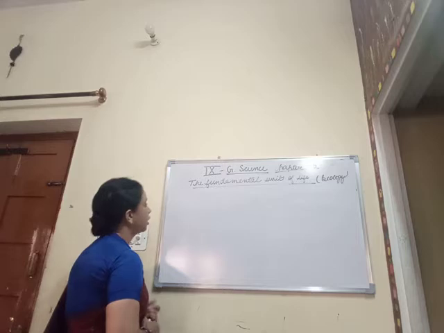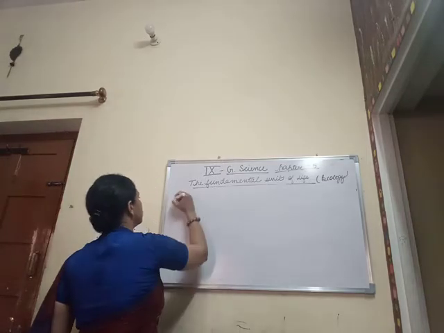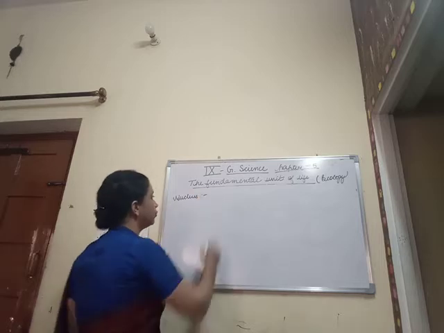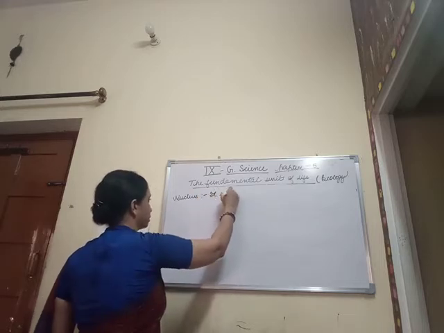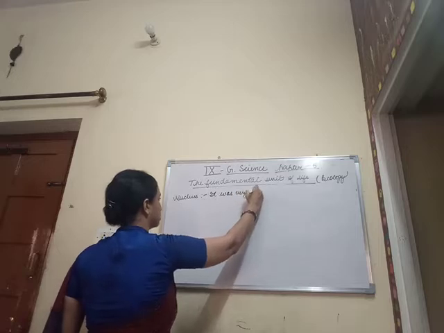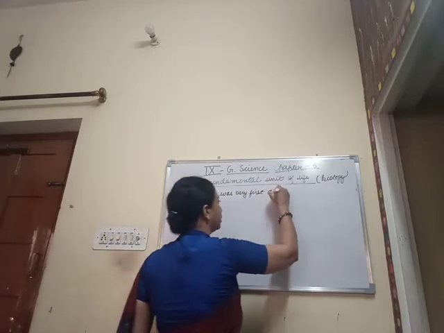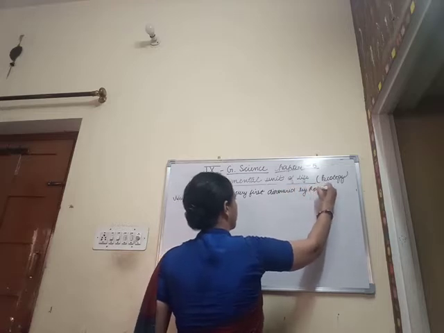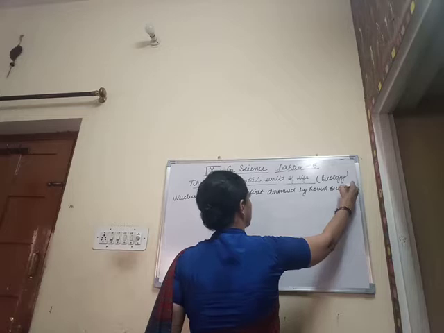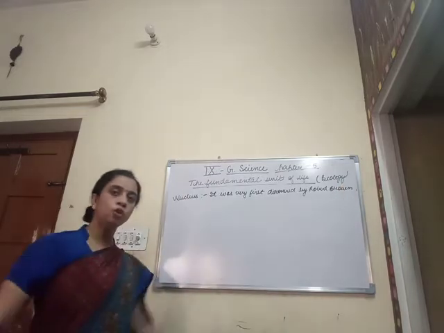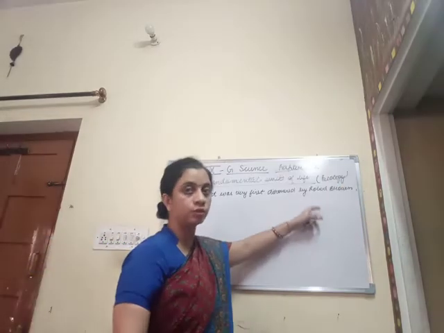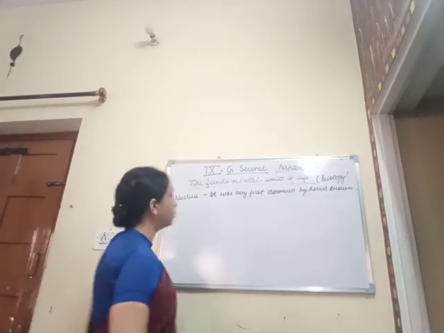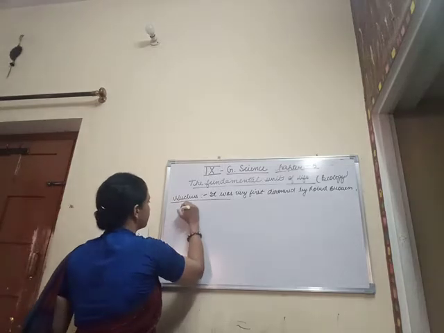So talking about the nucleus, it was very first discovered by Robert Brown. Robert Brown was the very first scientist who was able to discover the nucleus for the very first time. When we are talking about the structure of the nucleus,